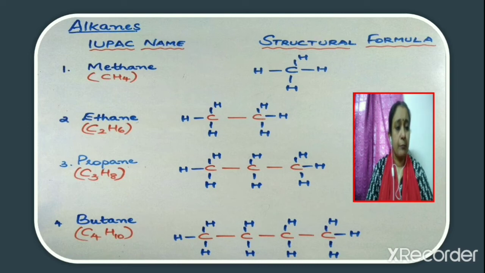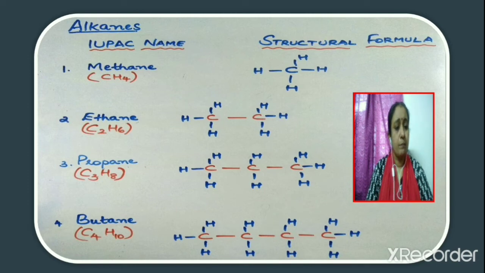Now consider the middle carbon. On either side it is bonded to carbon. So out of the 4 valencies, 2 valencies are satisfied. So here in this case, with the second carbon, we need to add only 2 more hydrogen atoms. Now consider the third carbon atom. It is bonded to only one other carbon atom, that is the second carbon. So with the last carbon, we need to add only 3 more hydrogen atoms. Thus we get the structure as CH3-CH2-CH3.